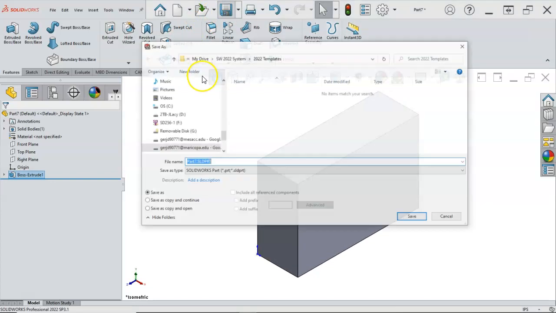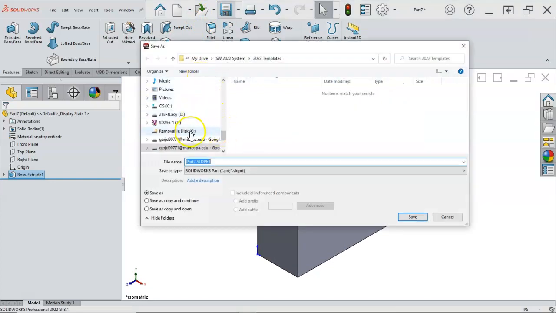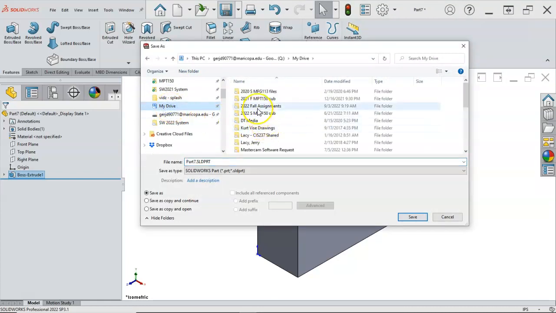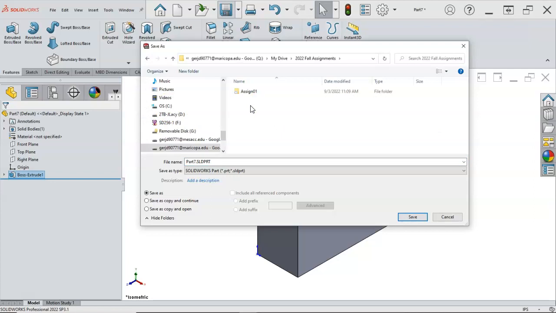I want to save this. We created our folder, so figure out which one it put me in here. And we're going to go to my fall assignments, and it should default back to this now that I've bounced around with the template. One of the things you do want to watch though in saving this is that it doesn't default back to, if you saved it in your cloud drive or into your program data, something like that, that it doesn't default and try to put your assignment back in there. So